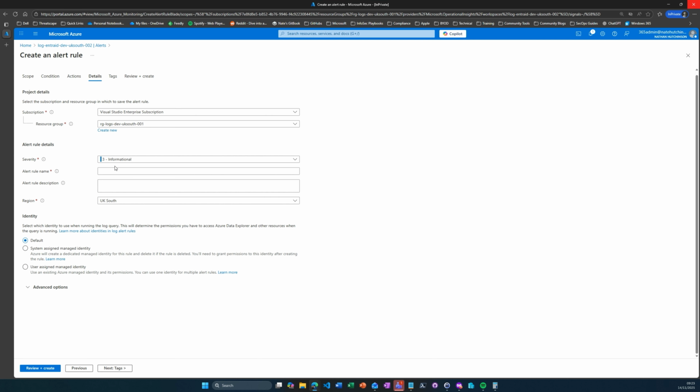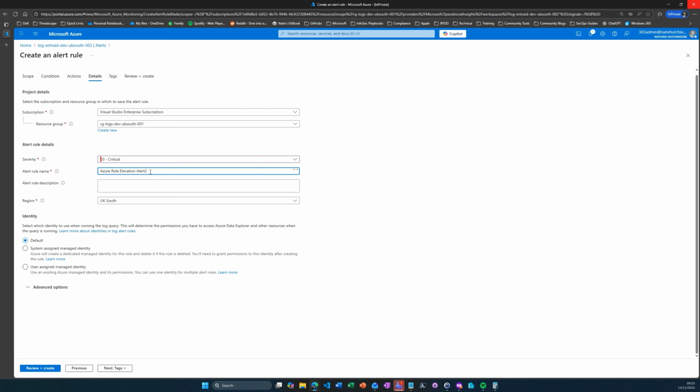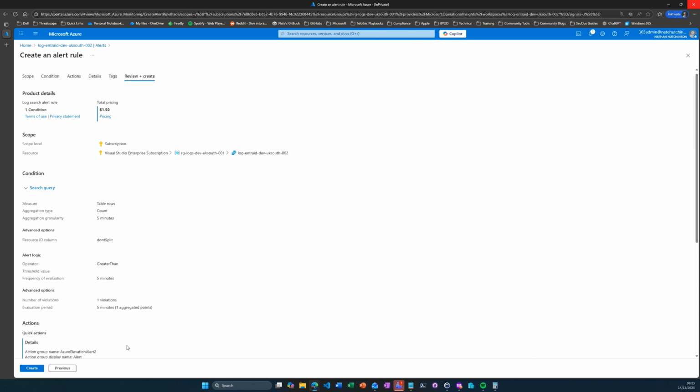And then we need to create the alert rule details. So in this case, it's going to be critical. We'll go with something like alert rule name, Azure role elevation alert. And again, I'll just stick a 2 on the end because I've already got one with that name. In terms of a description, alerts when a user activates the Azure User Access Administrator role in the Entra ID portal. We're going to leave all of this on default, and then we're going to go ahead and create the